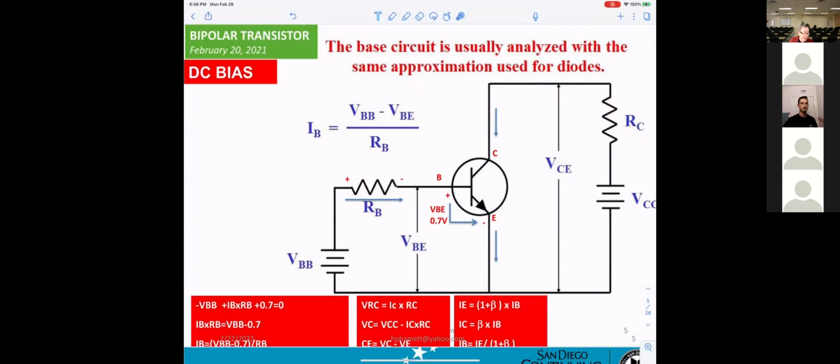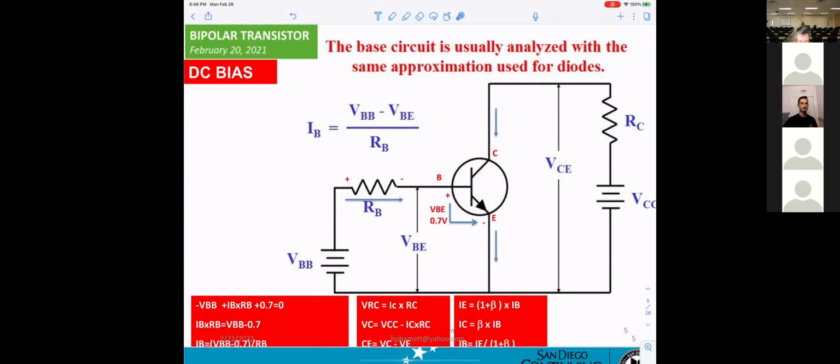This is one way to make the transistor work, using two power supplies. We're talking about NPN. Okay? So, how many things do we need to know? You understand that from the base to the emitter, you get a diode here. Also, you get another diode here. Okay? From the base to the collector.